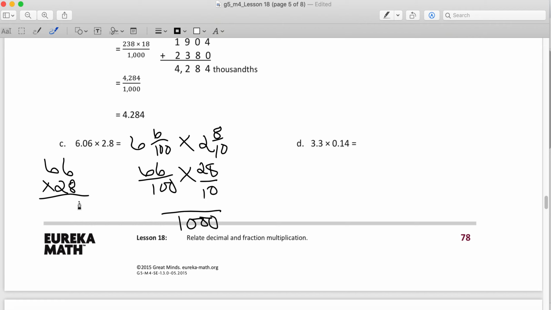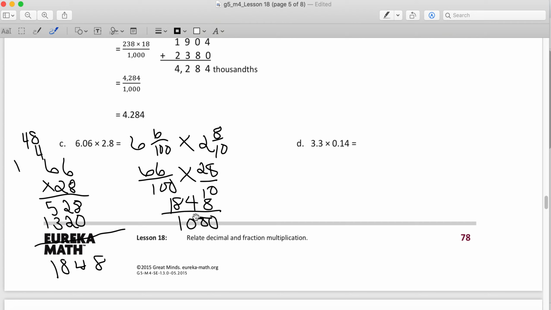So 6 times 8 is what? Smarty pants. It's 48. So 8 times 6 again is 48. And then when we add the 2, we get 52. All right, need my placeholder here. 2 times 6. Remember, it's really 20 times 6, right? Which is 120, or 12 in this case. And then we've got 13 here. And then we've got 8, 4, 8, and 1. So we've got 1,848